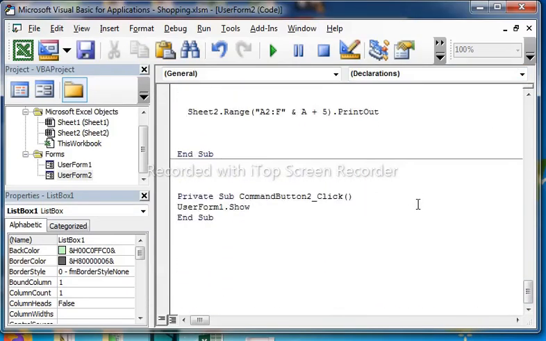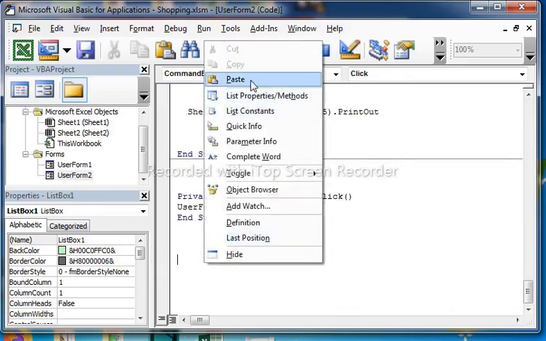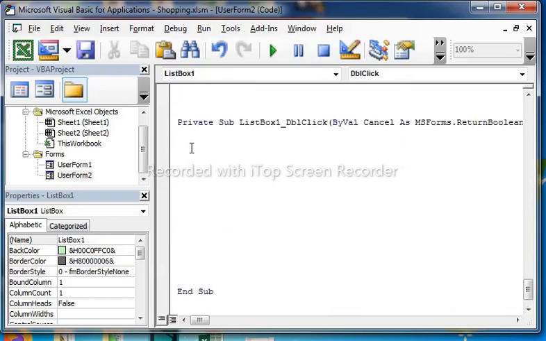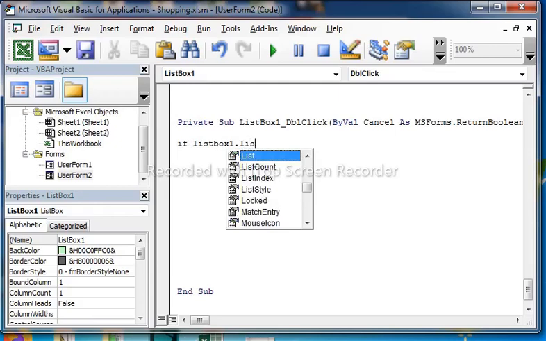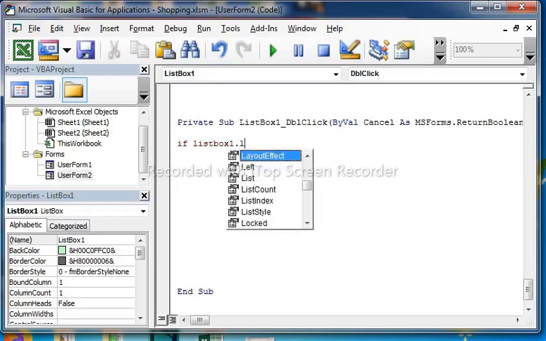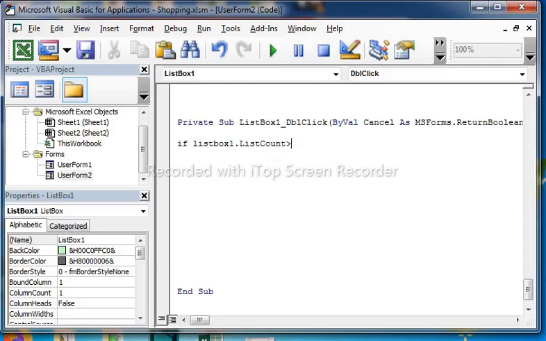last, add. Okay, and if list box list count, list count. Sorry, list count bigger than or equal to 1, then